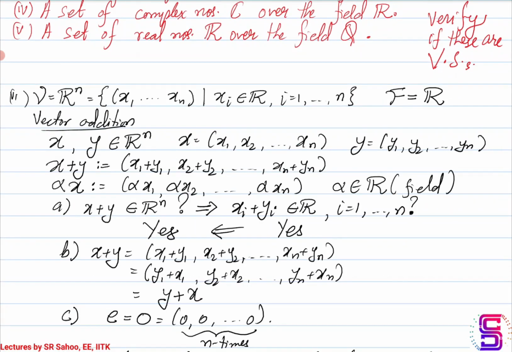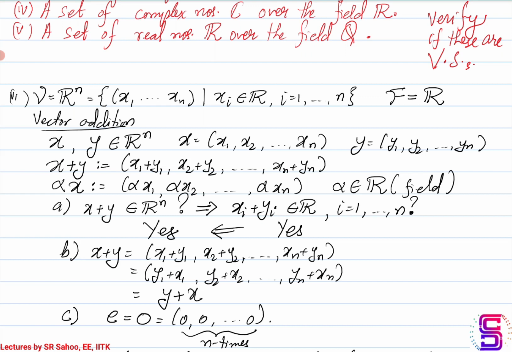So if x and y are two vectors in something that we will call henceforth as Rn, where x is denoted as x1 till xn and y has components y1 till yn, then x plus y, if we define it, so the vector addition has to be defined. So we define the vector addition x plus y to be the sum of individual tuples, so that the new vector is real. So here you see x plus y is nothing but x1 plus y1, x2 plus y2 till xn plus yn. This is the usual vector addition that we perform.